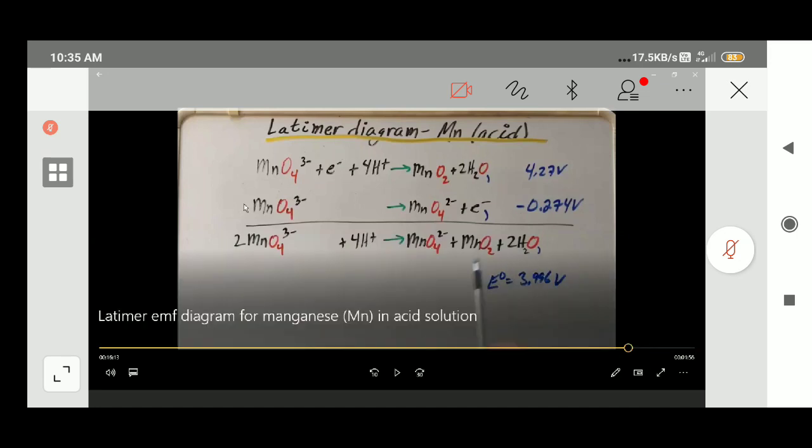What is explained here is you write one forward reaction as readily available in the Latimer diagram, and then you take another equation, which is the reduction of this MnO4 but in the reverse way. This is possible only if this E value is having a positive value, 3.996. So this is the take home message: the disproportionation happens only when the E naught value has some positive value, and then you continue this conversion process. What is called simple addition you do by balancing the electron.